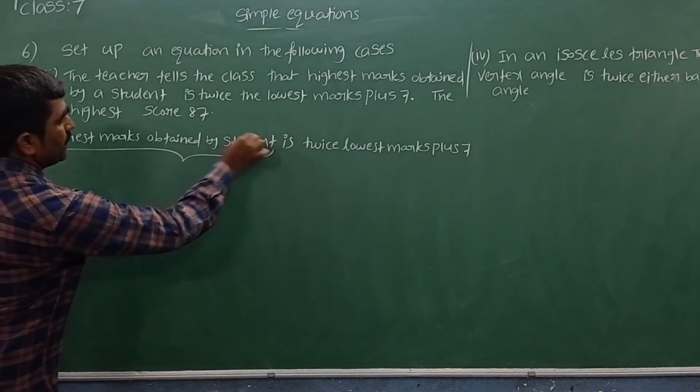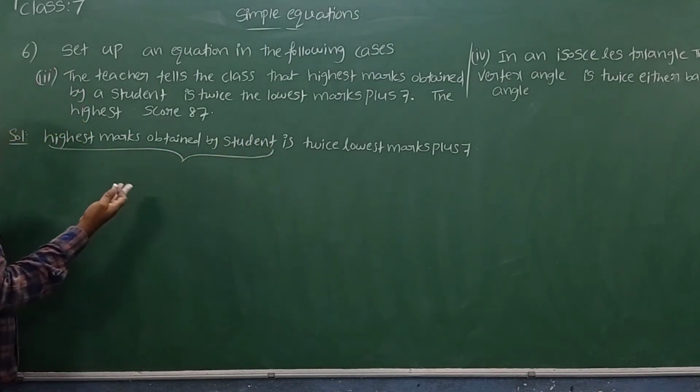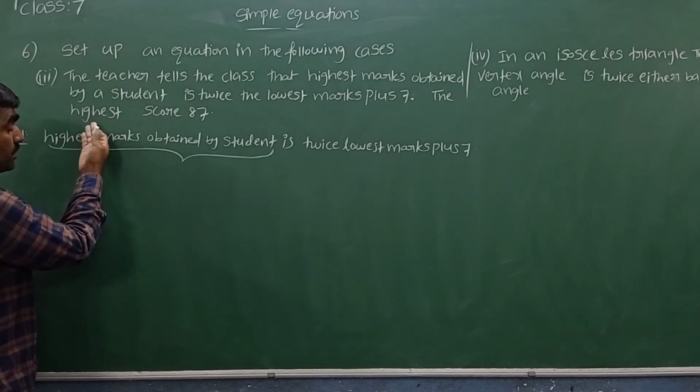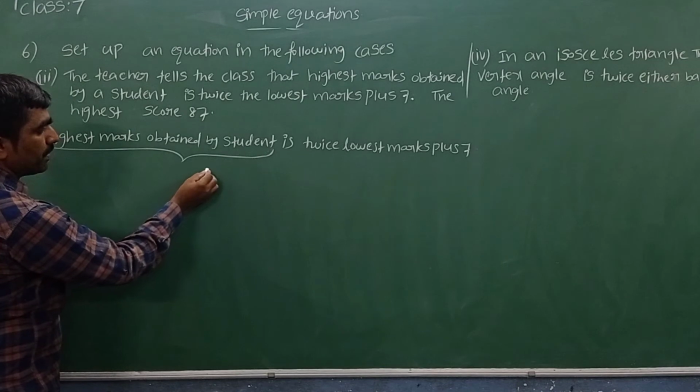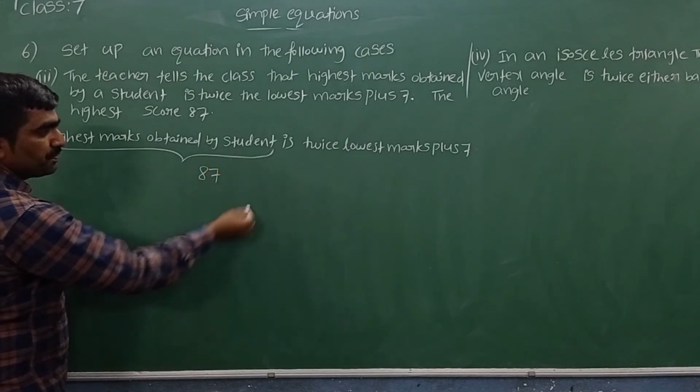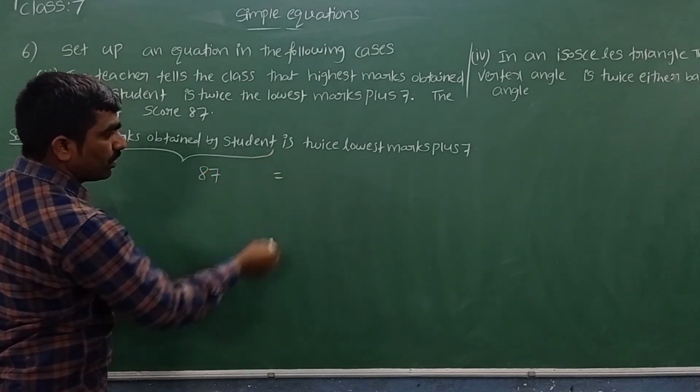Highest marks obtained by a student. Can you say what is the highest score? In the question itself, they said the highest score is 87. The highest marks obtained by a student, let me write 87, is nothing but equal to